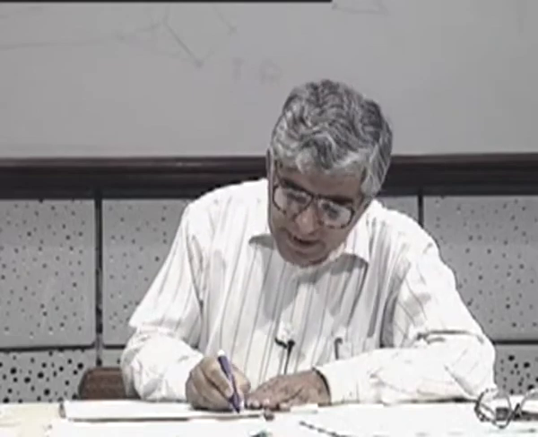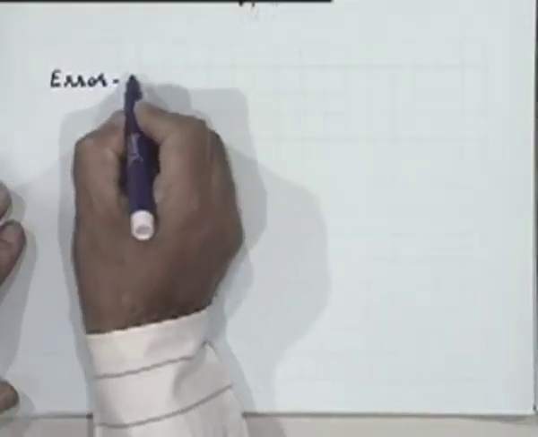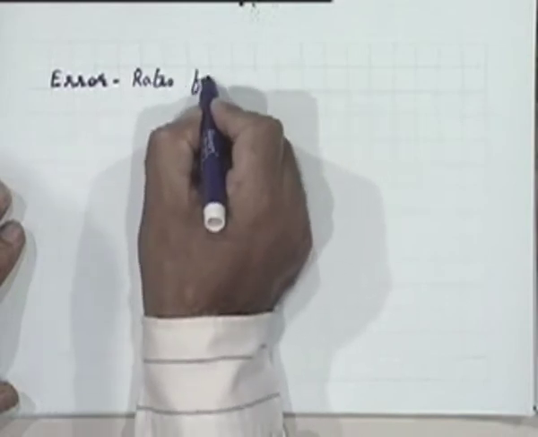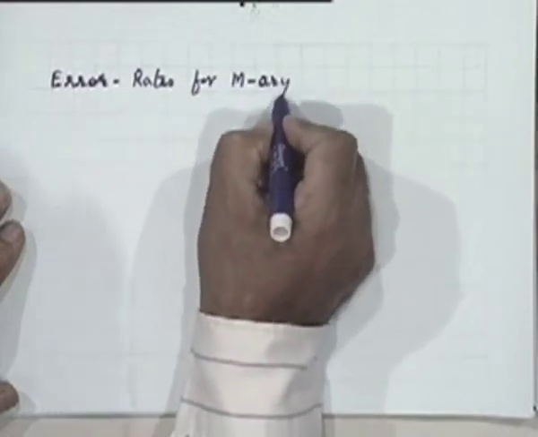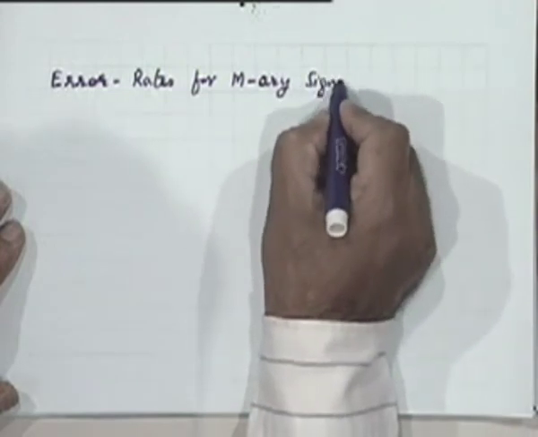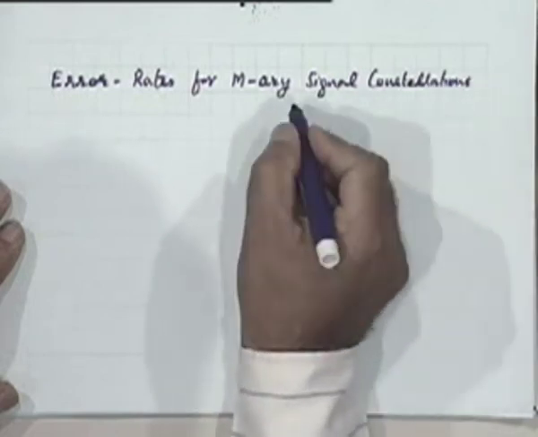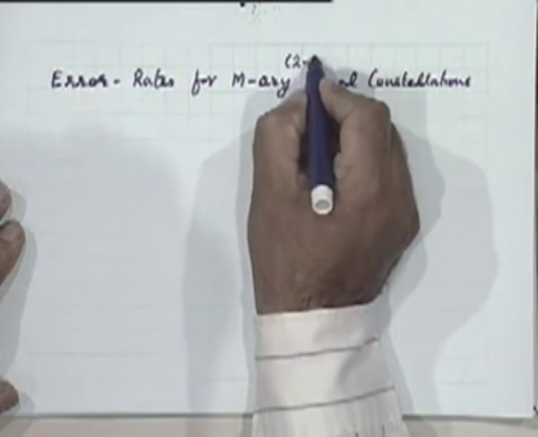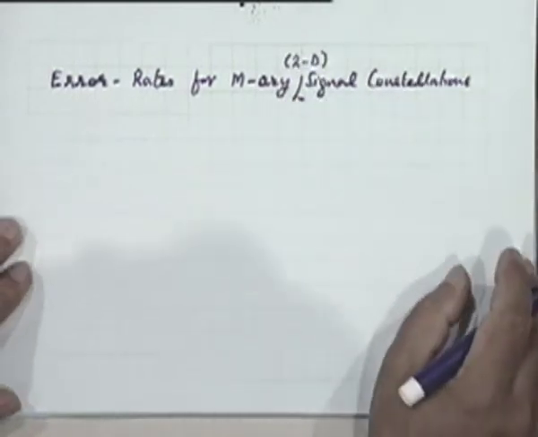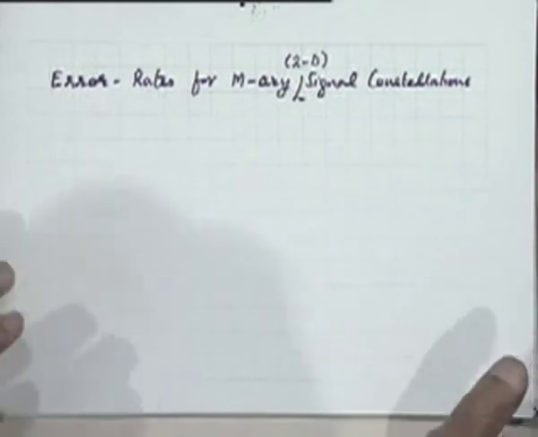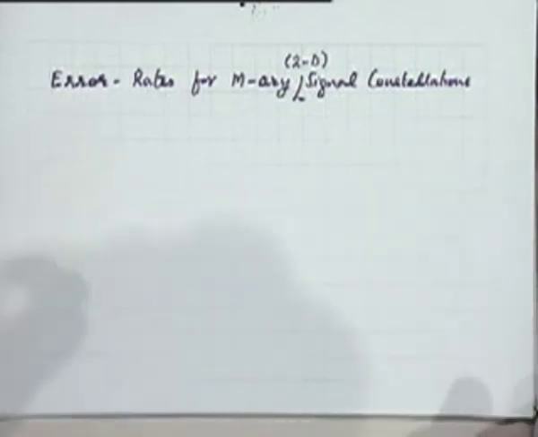Okay, finally, let me come to error rates for M-ary signal constellations. When I say this, I usually imply automatically that I am talking of two-dimensional signal constellations, which are very popular. The reason why they are popular is because one does not expand in bandwidth as one increases the value of M. The bandwidth is more or less fixed because you are using the same pulse shape no matter what is the value of M, and therefore the bandwidth is